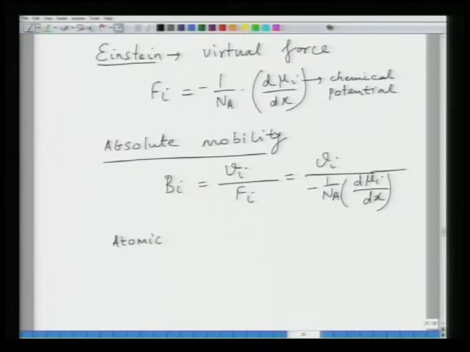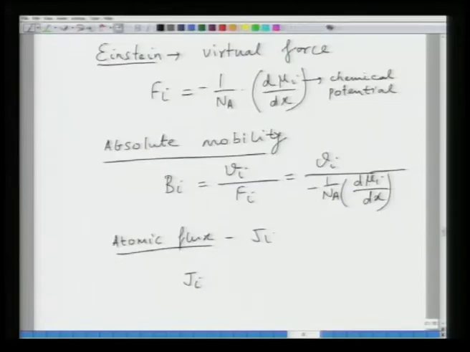To do that we need to first of all write what the flux of atoms is. And what is the flux? Atomic flux. So, we are considering diffusion in a system. Diffusion of, let us say, any particular species, it may be a defect, it may be an interstitial, whatever, but we are considering this as a species i.